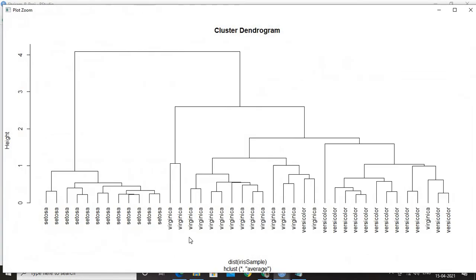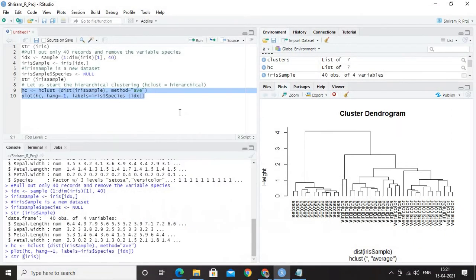So let's click zoom. The moment you click zoom, you can understand that Setosa is a cluster, Virginica is a cluster, Versicolor is a cluster, and the dendrogram is finally provided in a very visible, clear way. So this is how we can use hierarchical clustering for the iris data set. What did I do? I used hclust with distance, which by nature means Euclidean distance, and I passed the name of the data set, the iris sample, and used the average linkage method. It can be complete, it can be average, anything of your choice, and then I go with the plot. That's it. It's very simple, and we have completed it.